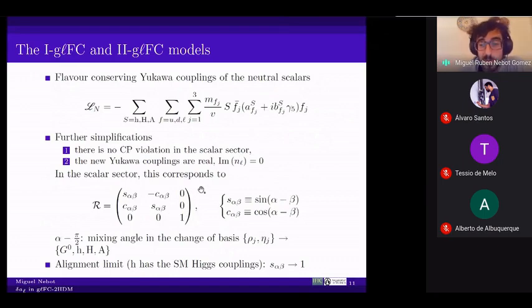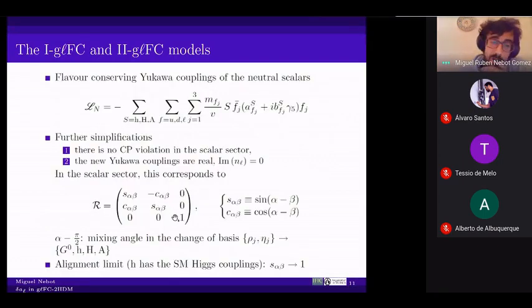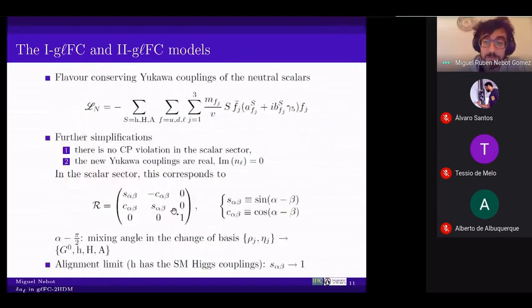So this leaves you, for example, with this third scalar here, since it does not mix, to be a pure pseudoscalar, and just one mixing involving the guy that you will try to identify with the Higgs and another neutral scalar, both scalars, not pseudoscalars. And that's it. Convention here is to use this alpha minus beta angle and having here sines instead of cosines. This is pretty weird, but the thing is, it's just a simple one parameter rotation, and that's it.